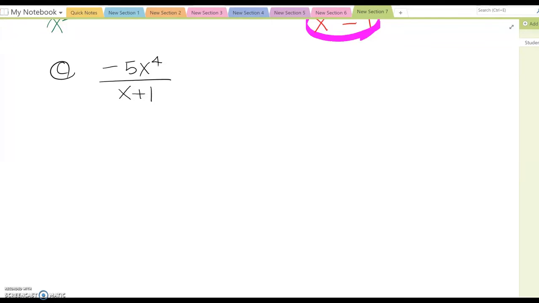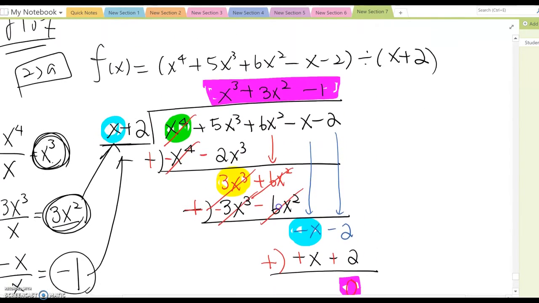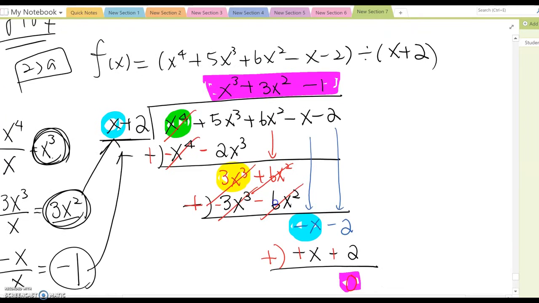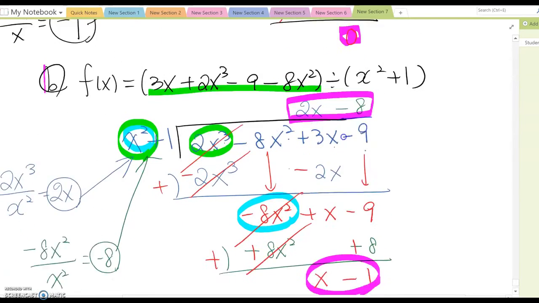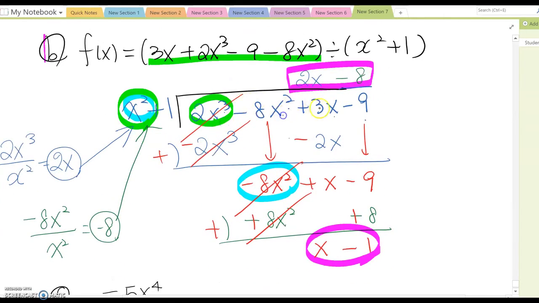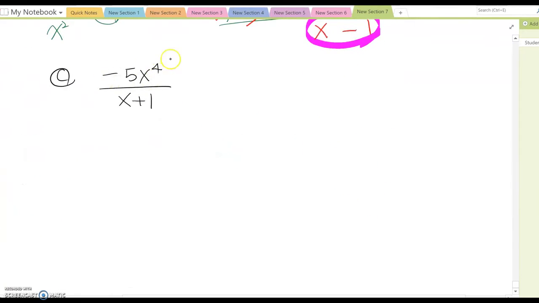Okay, so let's look at this problem. Unlike the two previous problems, where we had all terms, like fourth degree, third degree, second degree, single and number, and the second was also cubic, square, single and number, in this case we have only one term on the numerator. But we can still solve this problem using the long division method. So just set up